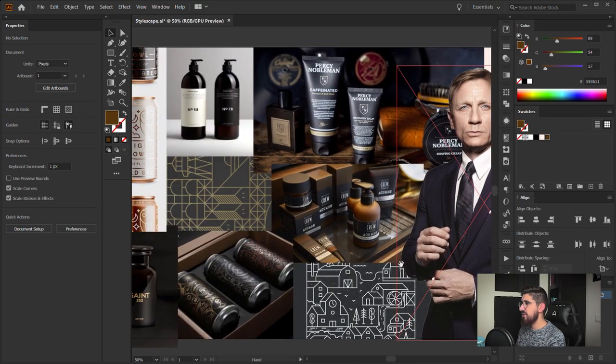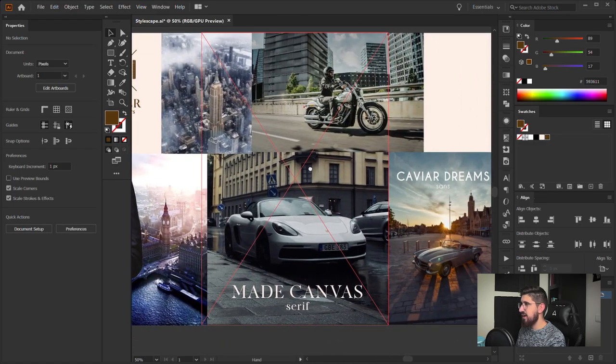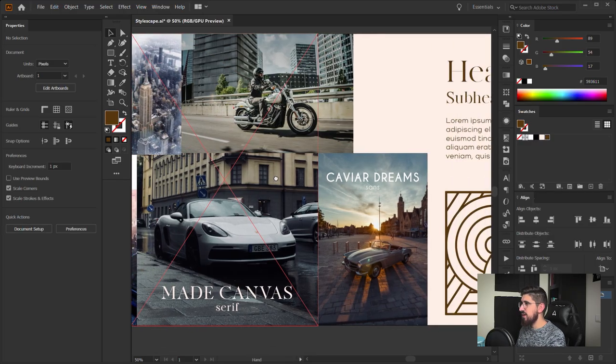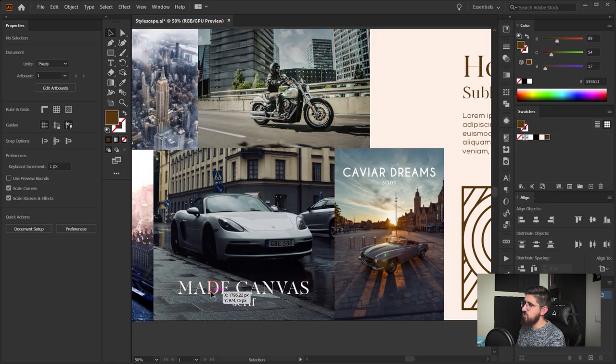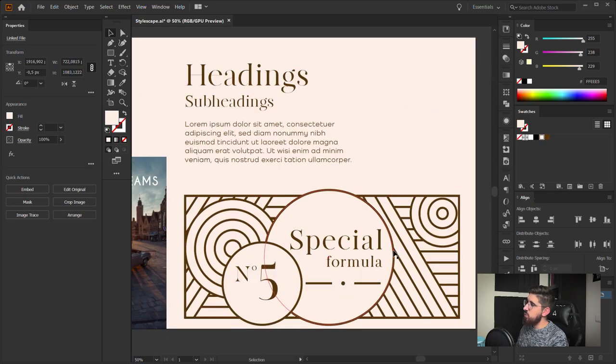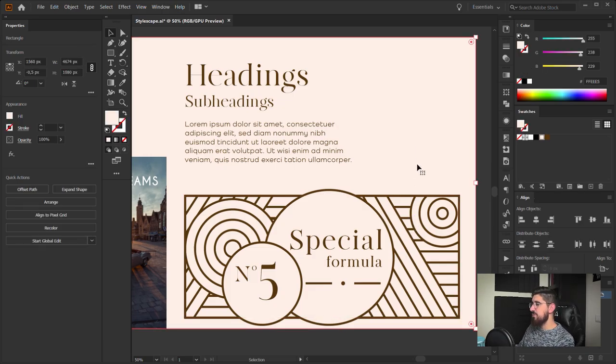Okay, and here I use the references of packaging, and in this part I put the references of the style of the person, a wild person, a gentleman that likes cars and motorcycles and to travel through cities. Here I made some experimentations with combinations of fonts and typefaces. And in this part I made an experiment with possible graphical elements that can add a uniqueness to the brand. Okay,